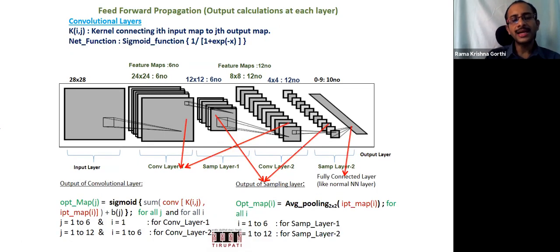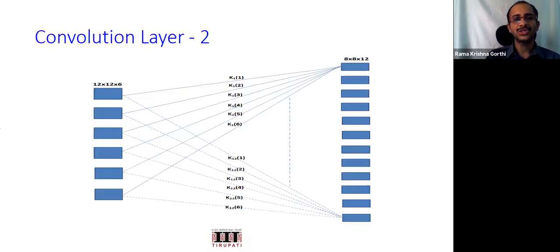As I discussed, it depends upon the layer. Here the number of input maps is only 1, but here the number of input maps is 6, and the output maps are 12. So the initialization will be different for the weights here and here. Here we go as it is: minus 1 by root NH to 1 by root NH. Now let us bring in the discussion on backpropagation in convolutional networks.